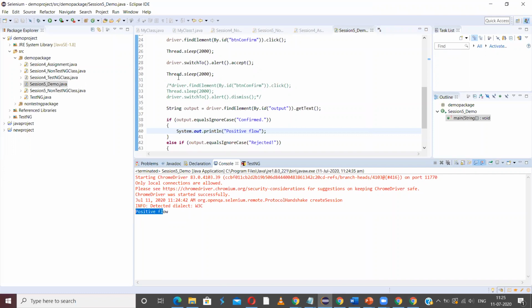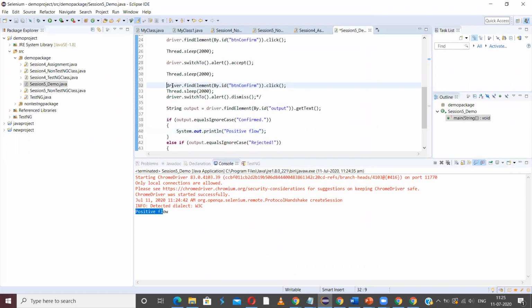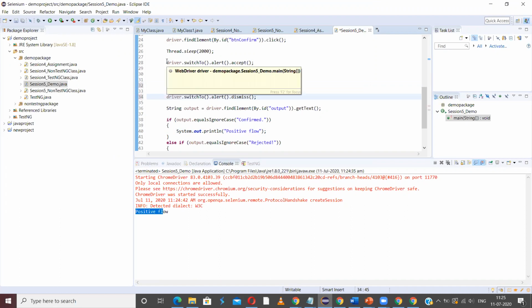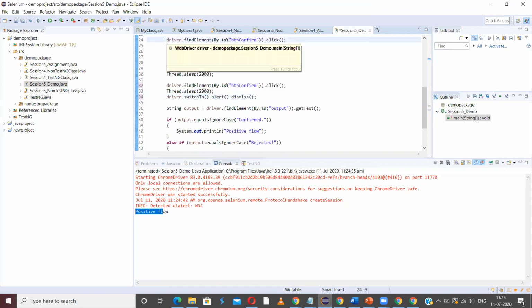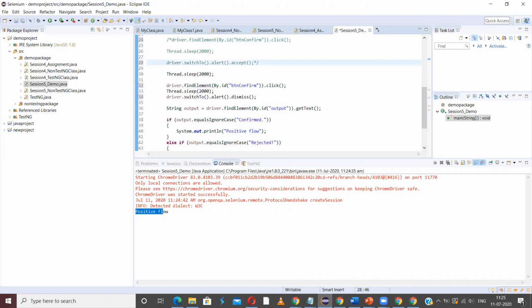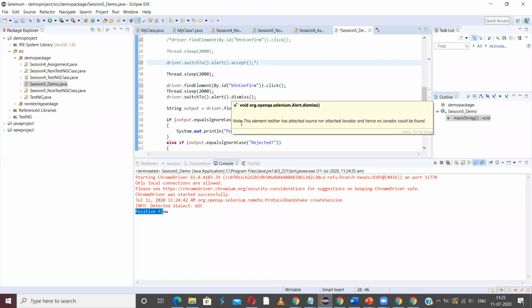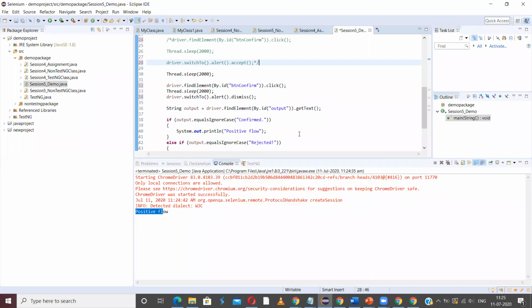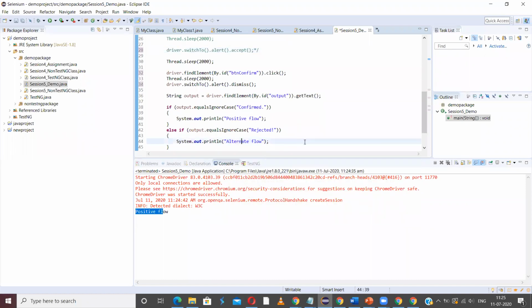Now let me perform dismiss. That means let me reject it. So what I will do, I will comment out this code. This code is for accepting, so I am commenting out that one. Now I am dismissing, then it should print this one, alternate flow. Let us see.